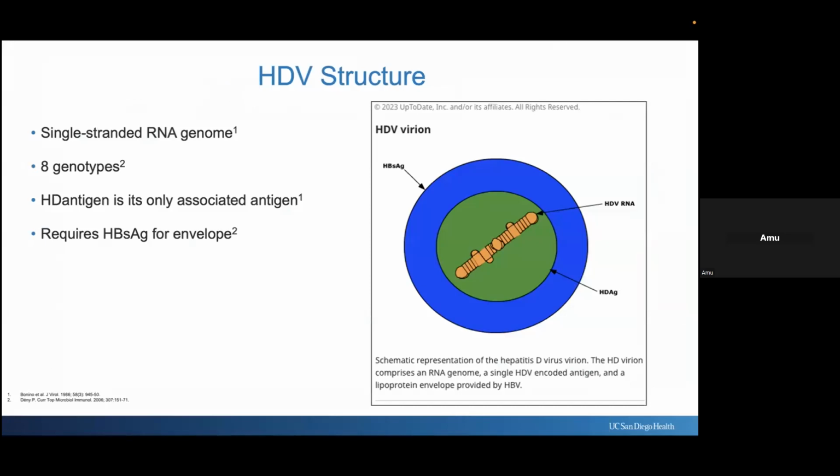The genome of the hepatitis D virus consists of a circular single-stranded RNA molecule, and there appears to be high heterogeneity in the makeup of its genome worldwide. 8 hepatitis D genotypes have been described. The RNA molecule is folded into a rod-shaped structure with a single and unique structural protein called the hepatitis D